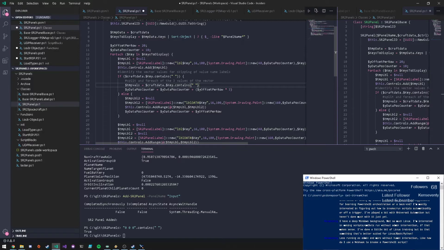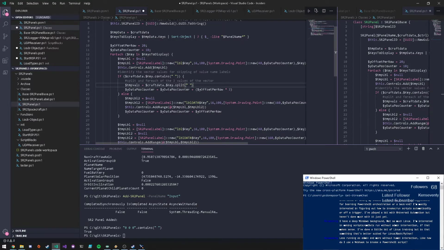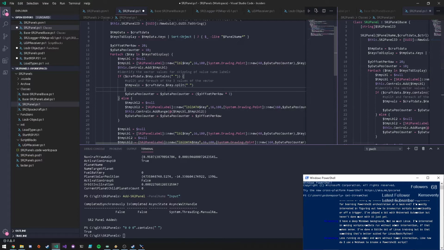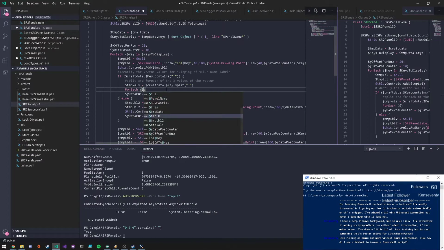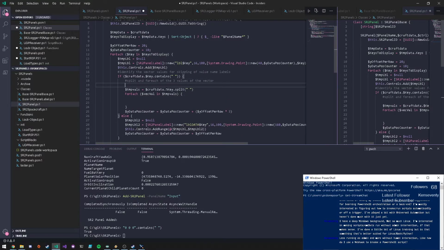So temp vals equal craftdata.key dot. We don't need the contains. We can just split, and for each vec val in tmp vals, tmp vals equal $null. Okay. And then for each in here,